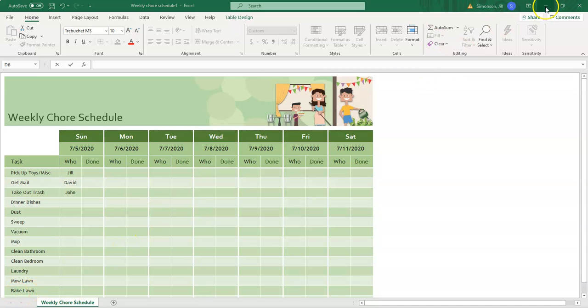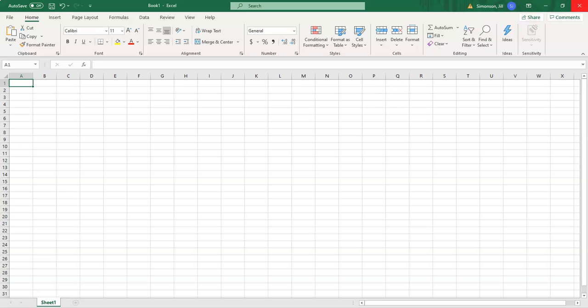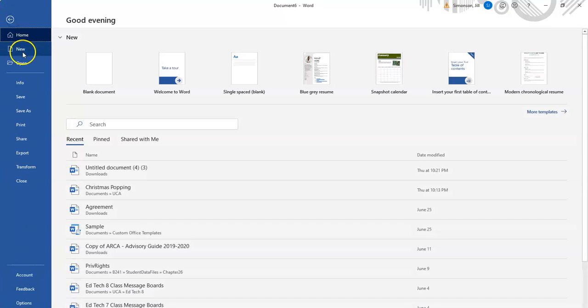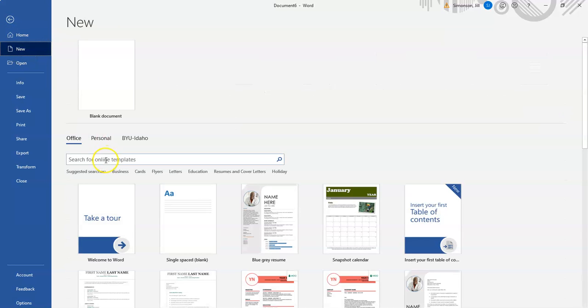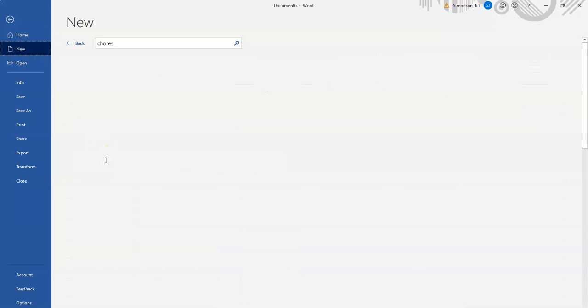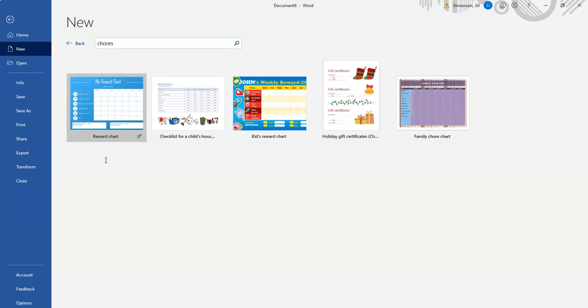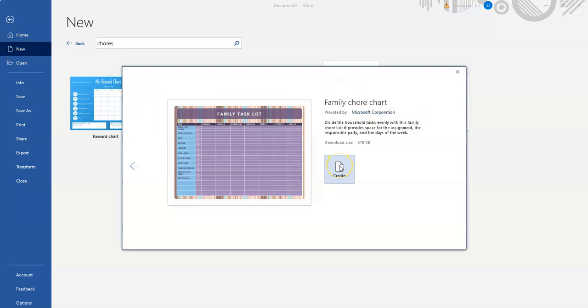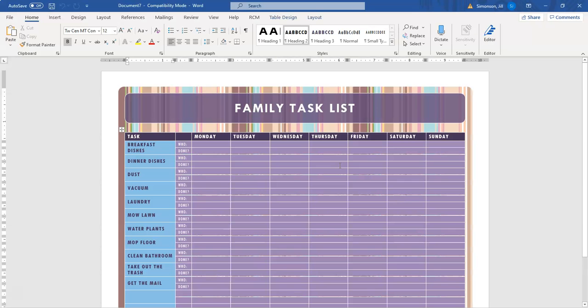If you wanted to use Microsoft Word, it's the same idea. You just go to File and then New and then search for what you want. I just searched for chores for both of these, and then you can see that there are just a bunch of different ideas here. You can also go to the internet and find some ideas for some chore lists,